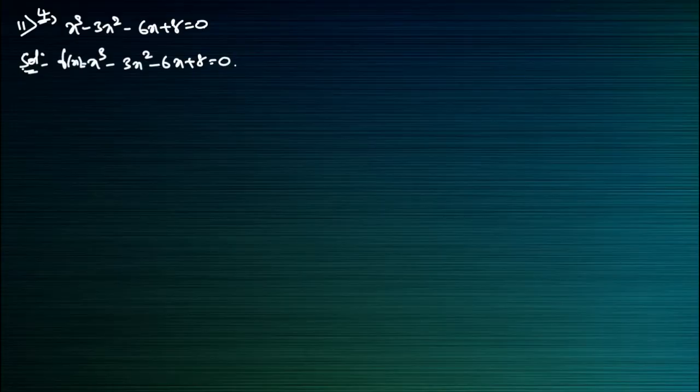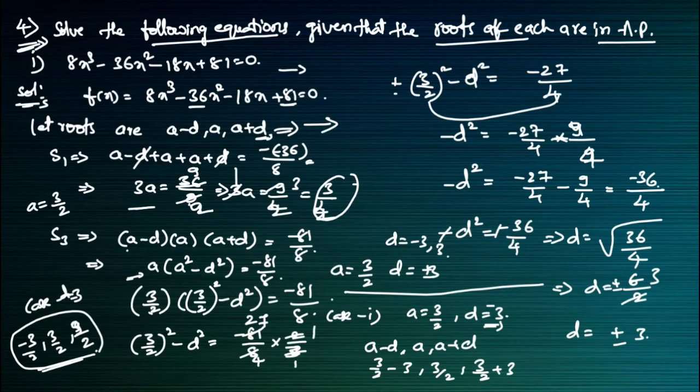So in the fourth question we did the first question. So what did we take here? We took the 3 roots here. Okay, so after that, adding this, we got 3 by 2. So if we have to do 3 by 2 for this, like 8 minus 36 minus 18, 81, so if we do this one, it will go long. So that's why I did this process.